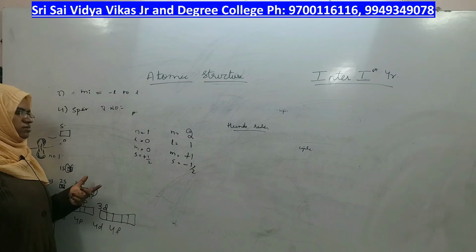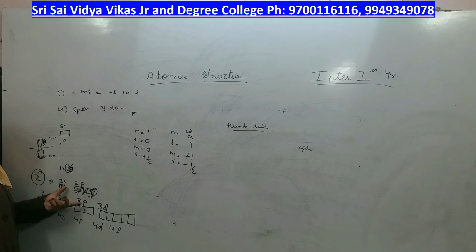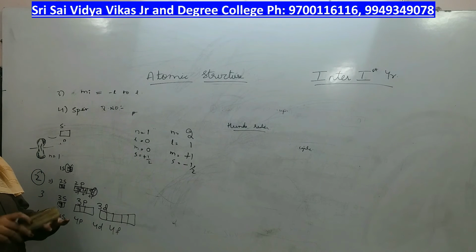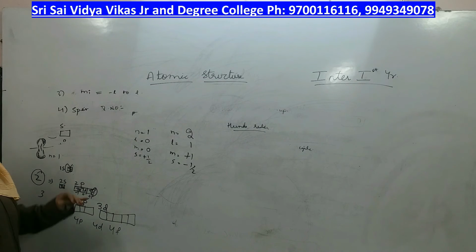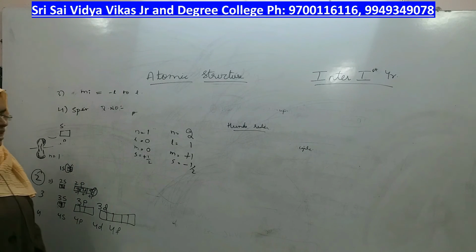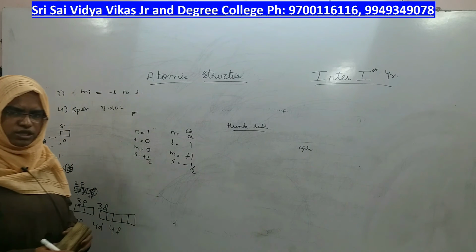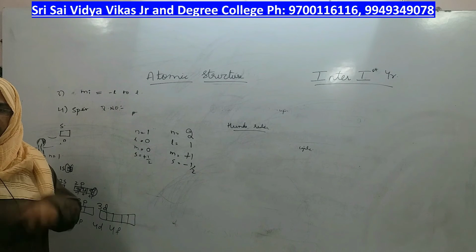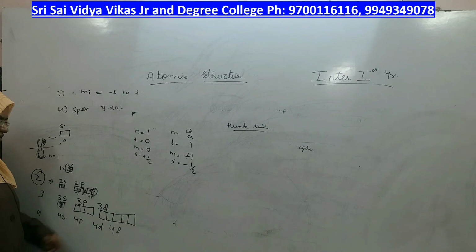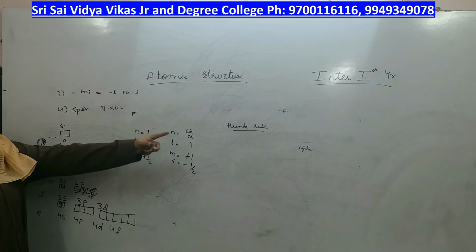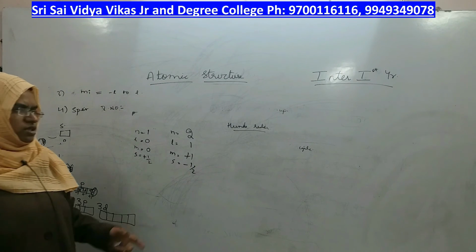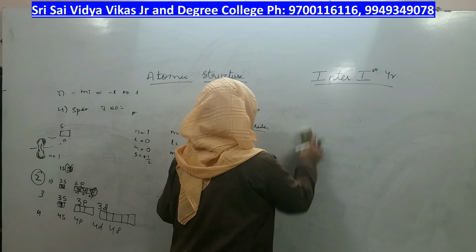Right? These are the rules by following which you have to fill the electrons: Aufbau principle, Hund's rule of maximum multiplicity and Pauli's exclusion principle. By doing so, you go on filling the orbitals, right? And after filling the orbitals also, you will come across a point in which you will get confused as to where the electron should go next, even after following those 3 rules. Therefore, to overcome that confusion, you have to follow Moeller's diagram.